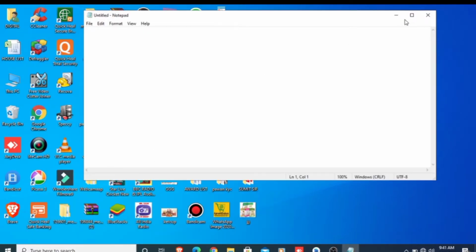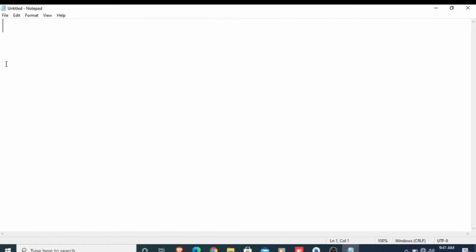Here you have seen the window of notepad appears on our screen. First we have to write the tag here. The first tag that appears on our web page is HTML. This is the basic tag of our web page. After that we write the head. Head defines the header. The next is title. Here we can write the title of our page, that is image insertion.